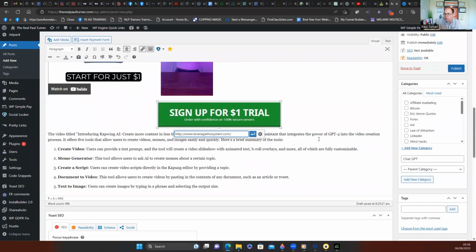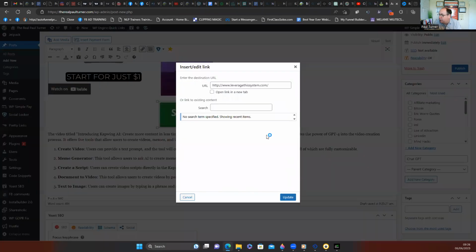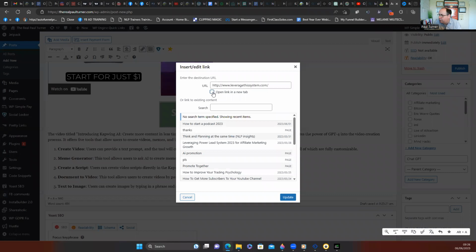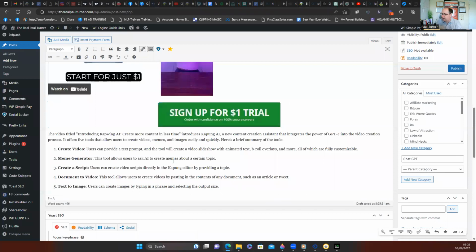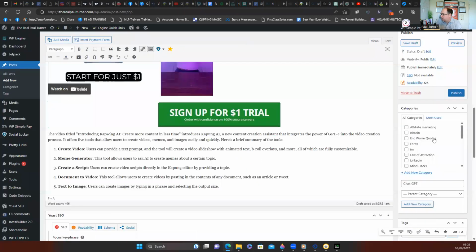Now, a little tip for you, SEO-wise, one of the ways that they measure how good your website is, is how long people stay on your website. So what you do is you always open a link in a new tab. That means people land on this page, this link takes them away from my page, but leaves this open in the background. So in effect, it's still open. I don't know if that still works, but it was a tip I got years ago, and I've always stuck with it. So that should be my link, right? That all looks pretty good.